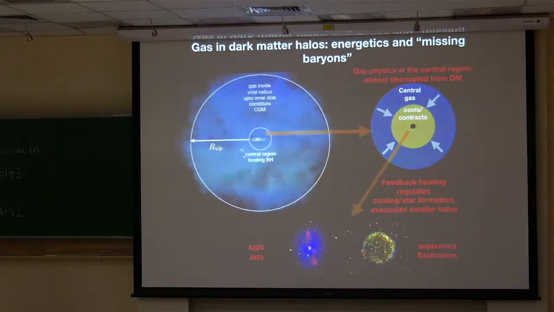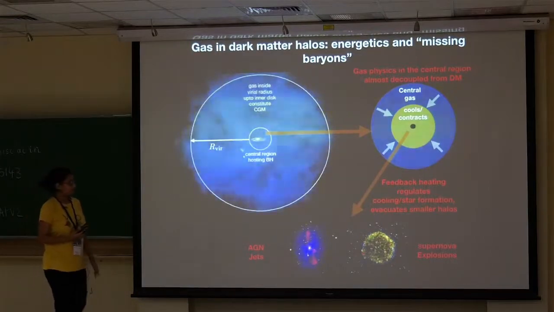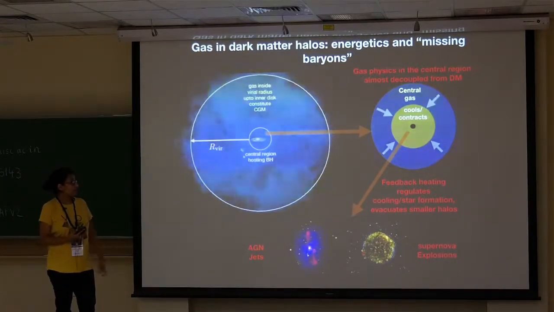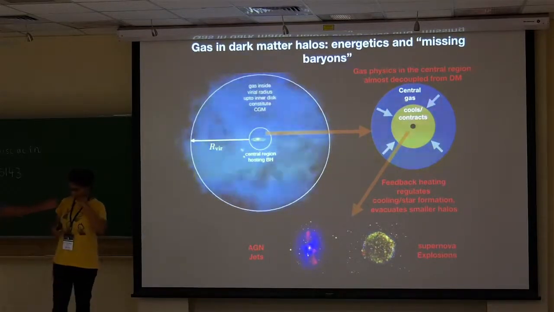In the central regions of the halo, the gas is primarily decoupled from how the dark matter potential evolved, because there is also gas physics and radiative processes. So the gas starts cooling inside out, starts contracting, and